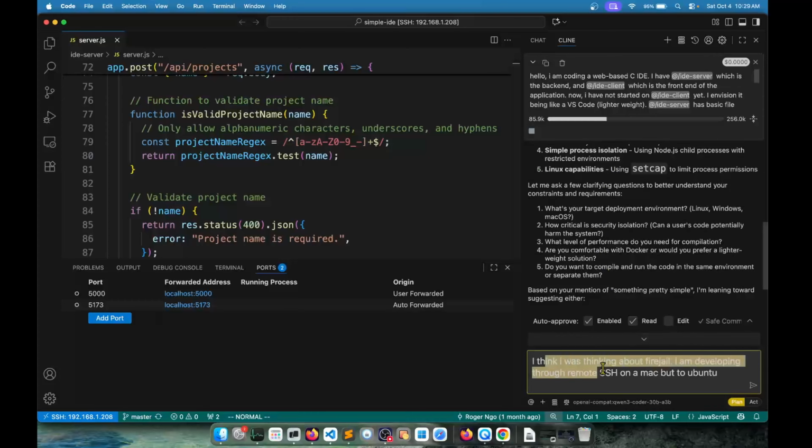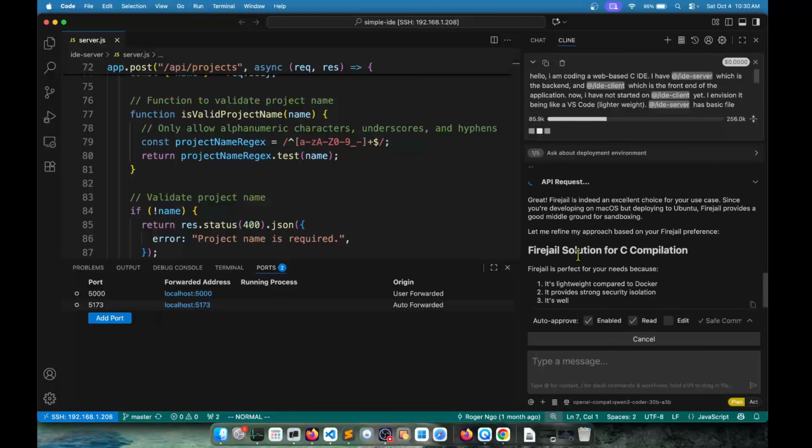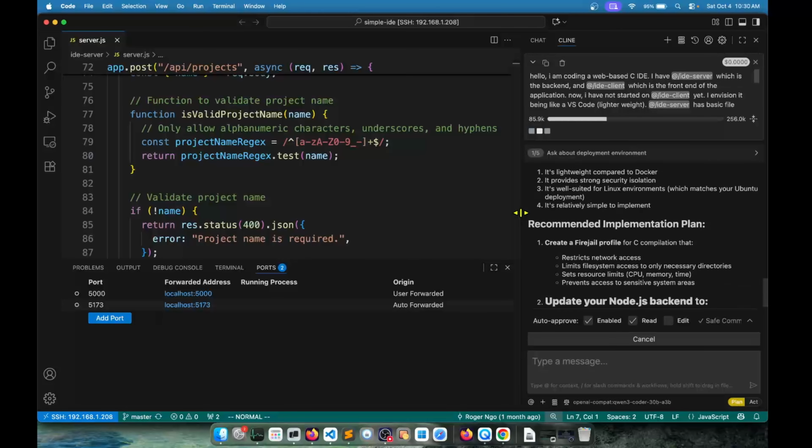But since now I know what I'm looking for, I'm just going to say I think I was thinking about firejail. I am developing through remote SSH on a Mac, but to Ubuntu. So let's see what happens. Okay, great. All right, so Qwen here says,